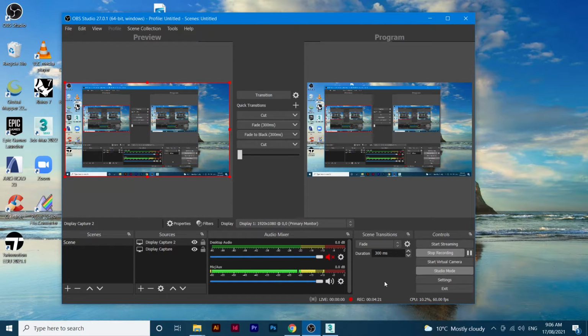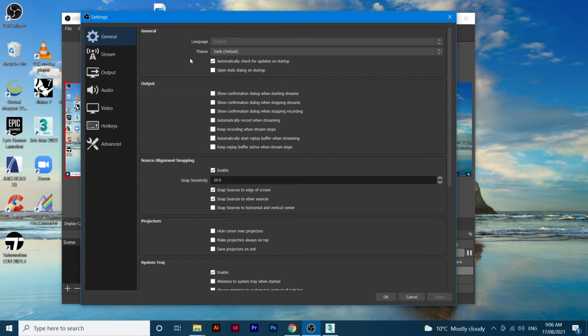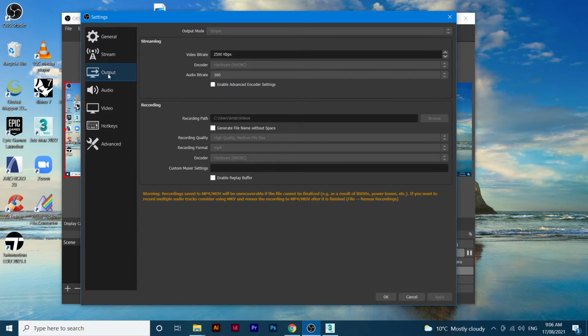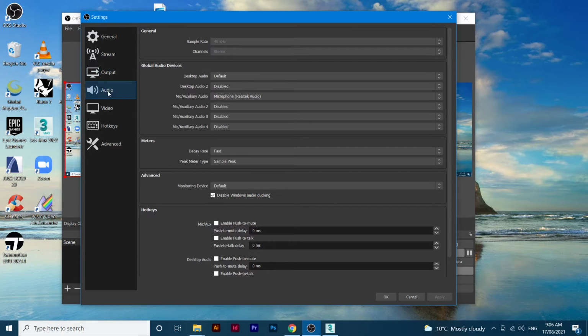And the last one, which is the settings. It's already set up to the default, but you might go through again. In the general, there's nothing to be ticked or unticked, so I left it as it is. Streaming, I'm not using streaming. For the output, I'm just making sure the output is MP4, which is here. And then for the audio,